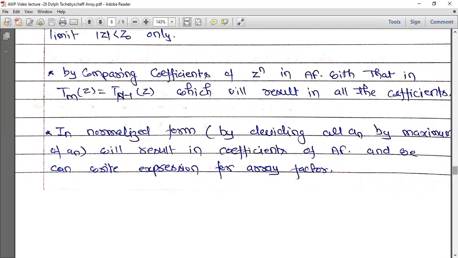It doesn't mean that if an is equal to 1, you have to supply 1 ampere current to that particular antenna. This means that if a1 is equal to 1 and a2 is equal to 3, and you are supplying a1 with 1 milliampere current, in that case a2 should be supplied with 3 milliampere current, 3 times the value of a1. So this should be kept in mind, that a1, a2, a3, a4, an are relative magnitudes.